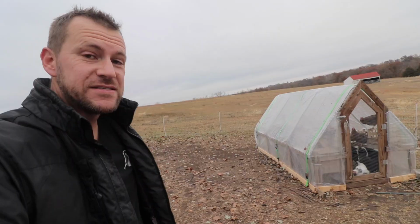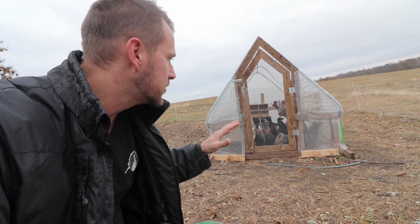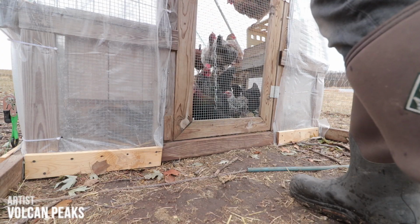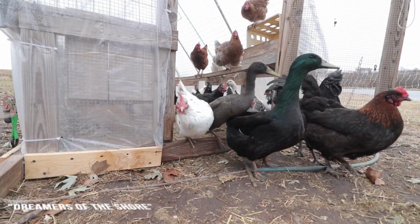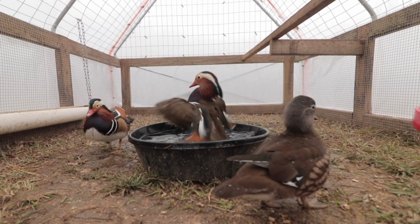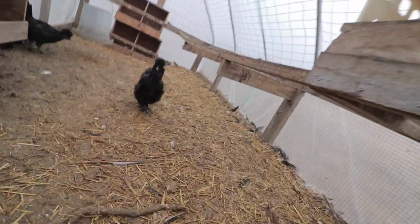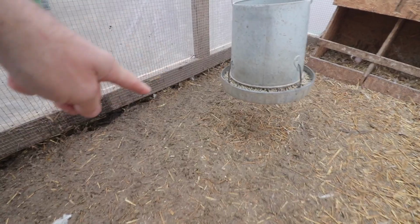And what I want to talk about today is the chicken coop, because this is our current chicken coop, the stress-free chicken tractor, but it's not going to work for our long-term plans for housing our chickens. I'll tell you why. If you see in here, it rained last night, and it is muddy all along this edge where it can